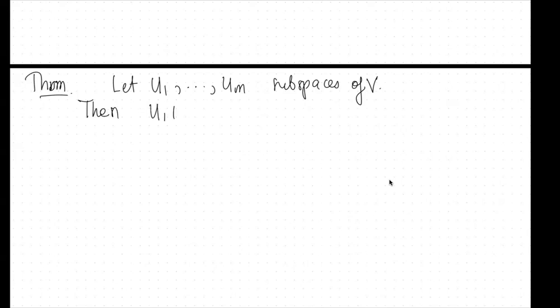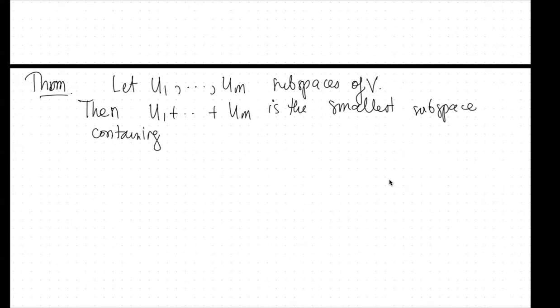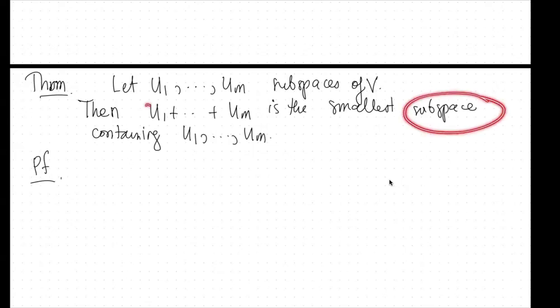Then U1 plus ... plus Um is the smallest subspace containing U1 up to Um. So the proof, the first part is we will show that this sum is a subspace, and